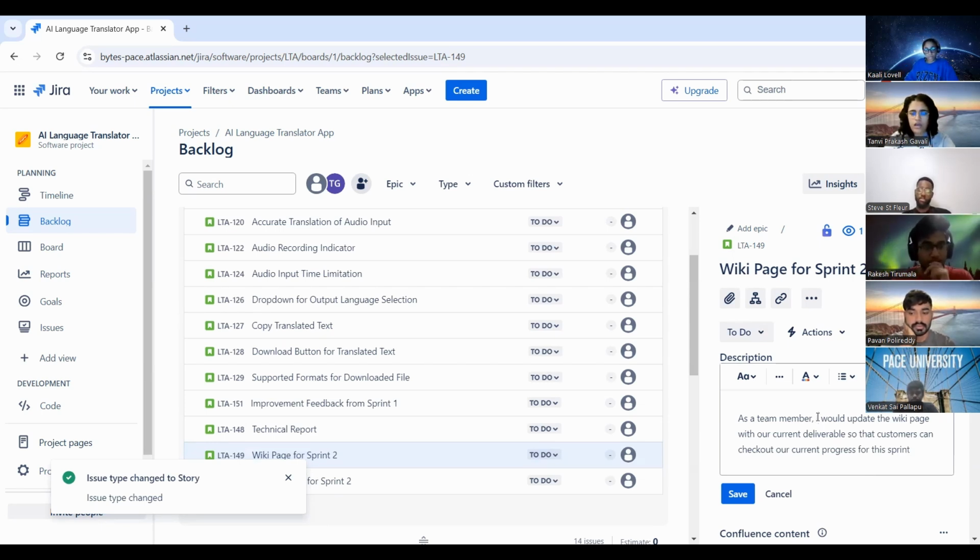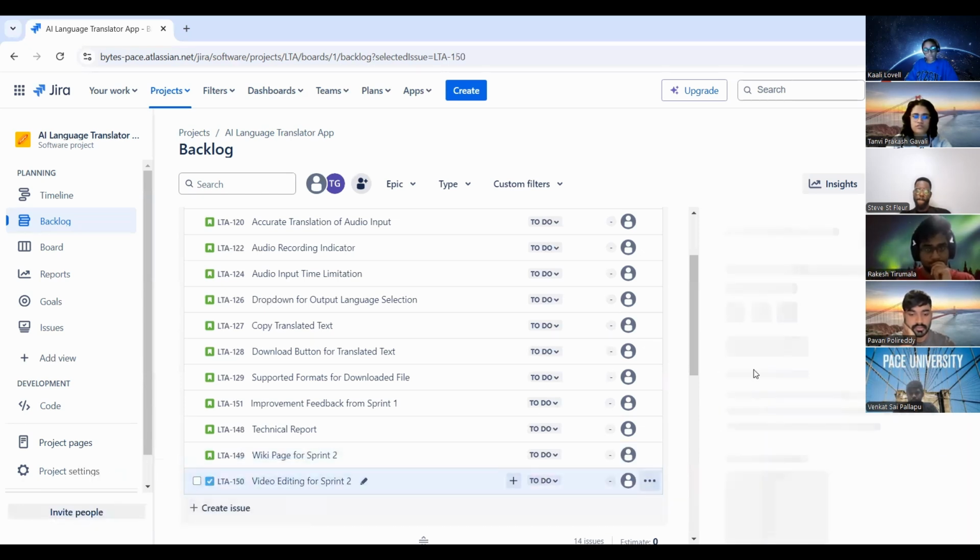We work, because it's a team member doing it, not everybody would be doing it. That's why I put it as a team member. Okay, I thought it was as a team. Yeah, you're good. Written properly. Yeah, it's good.